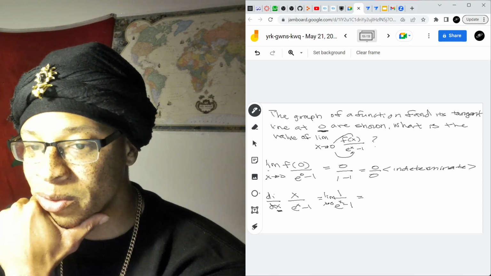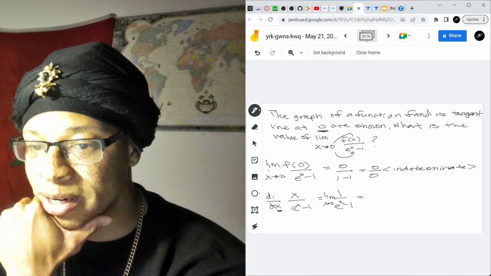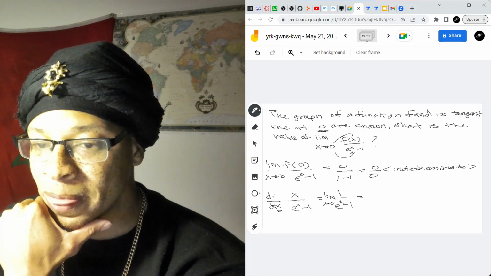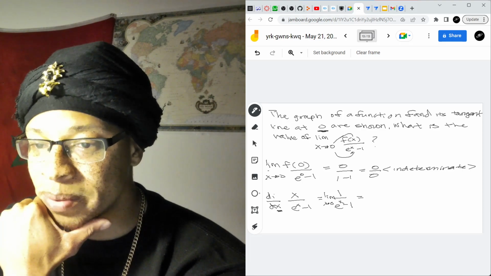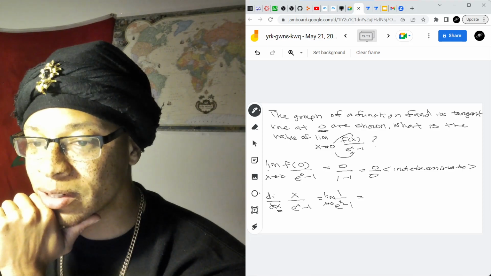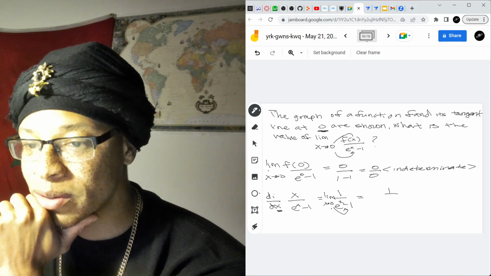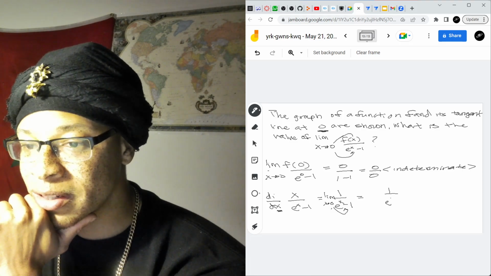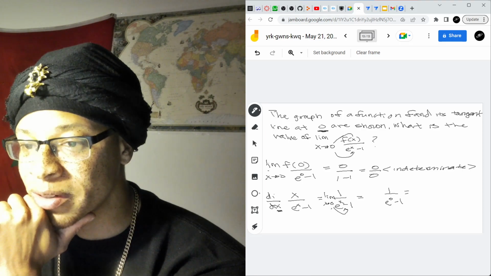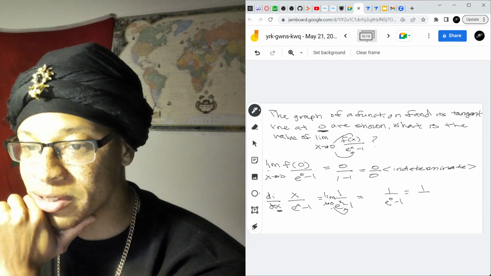So when we do the derivative of this, the derivative of x is 1, but the derivative of e to the power of x is e to the power of x. Make sure we get that. So the limit of 0 goes into this function. So that's 1 over e to the power of 0 minus 1, which is e to the power of 0